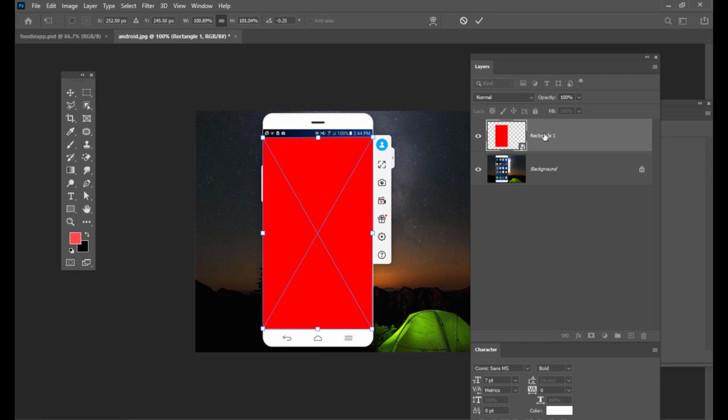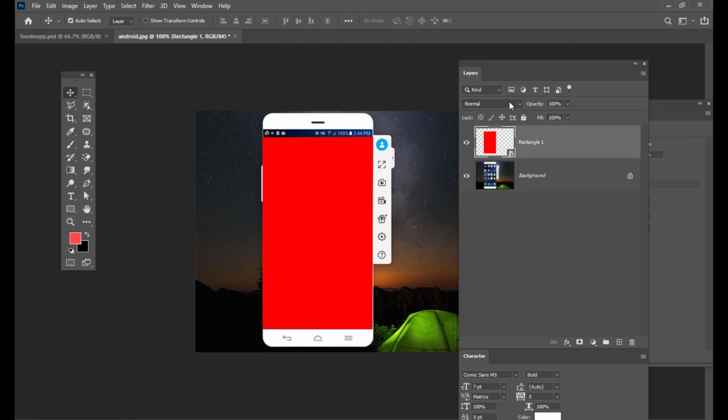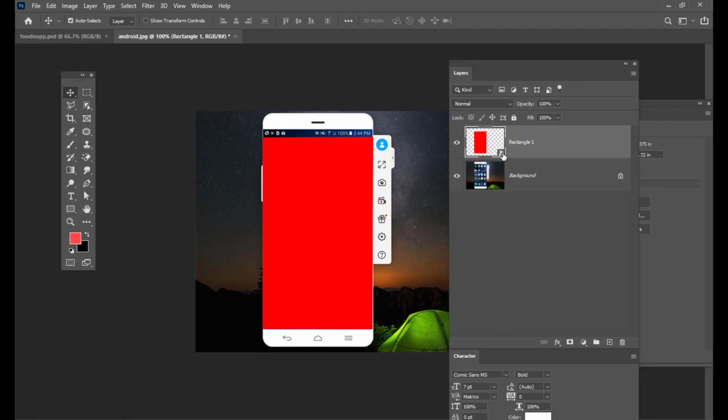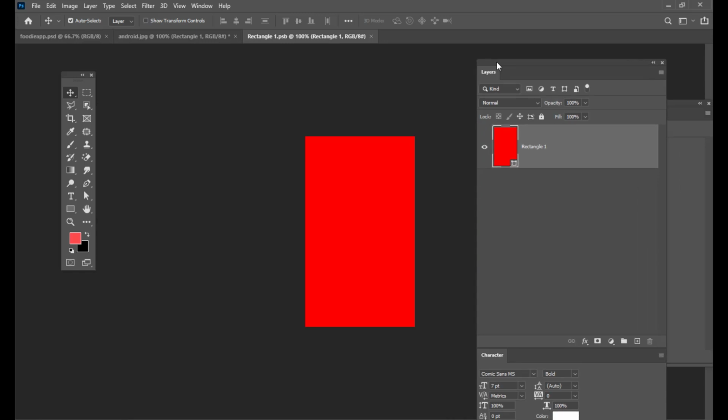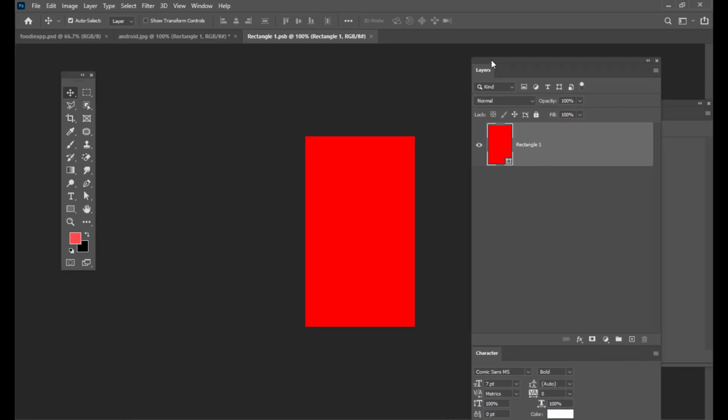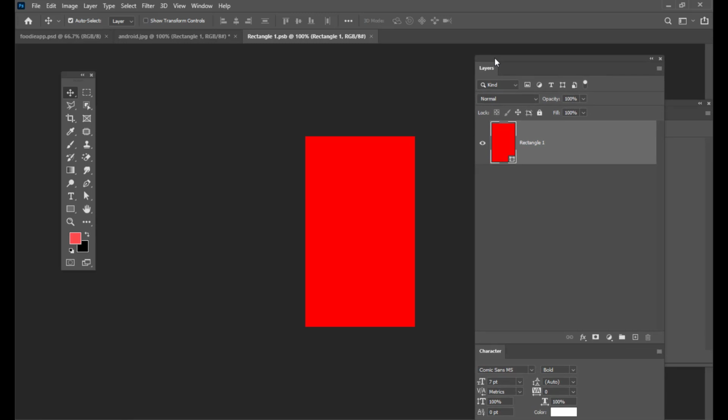Once you have adjusted this rectangle, again we do the same thing. Double click on this smart object icon so that a new document opens. Now you have to bring a mobile app screen that you have designed.